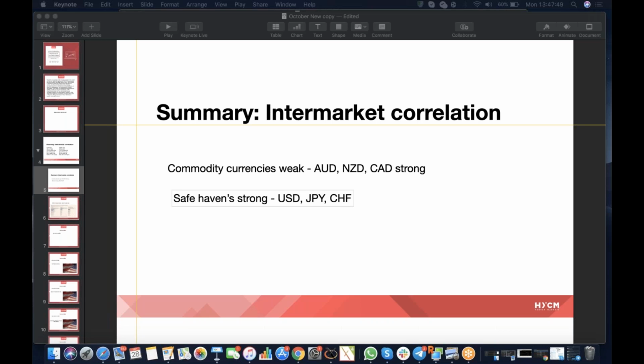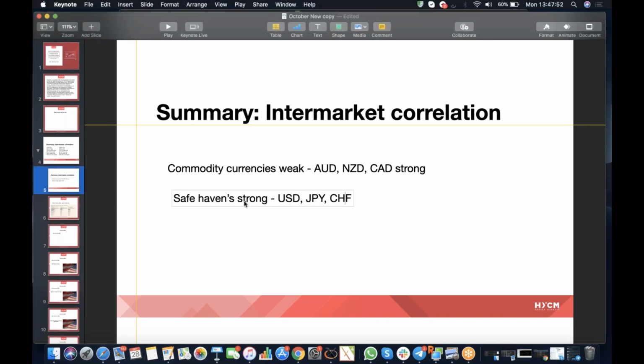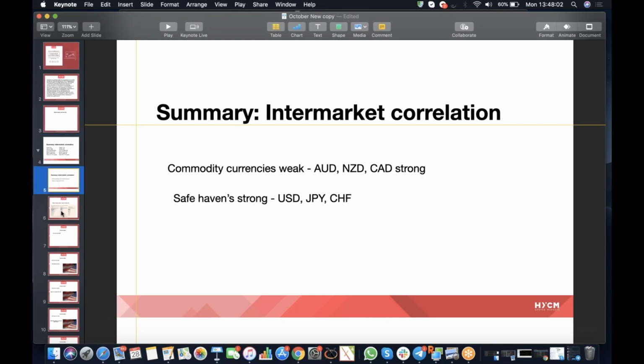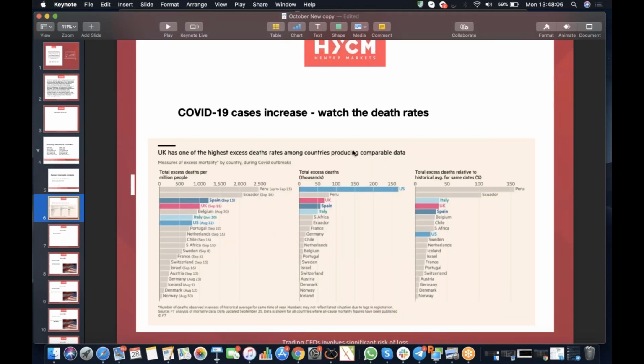It's a mixed tone in the currency space. At the moment we've got a little bit of CAD weakness, a bit of New Zealand dollar weakness when we'd expect them to be stronger. So that's just worth noting, but we're certainly more risk on than risk off in the markets. Now, one thing to point out is the interesting aspect of these COVID-19 cases. Do you remember last week we saw some quite heavy selling in the equity markets, and a lot of this is over concern about the return of COVID-19 and the lockdowns and the impact that's going to have on companies going forward. One thing to be aware of, that death rates will be carefully watched.